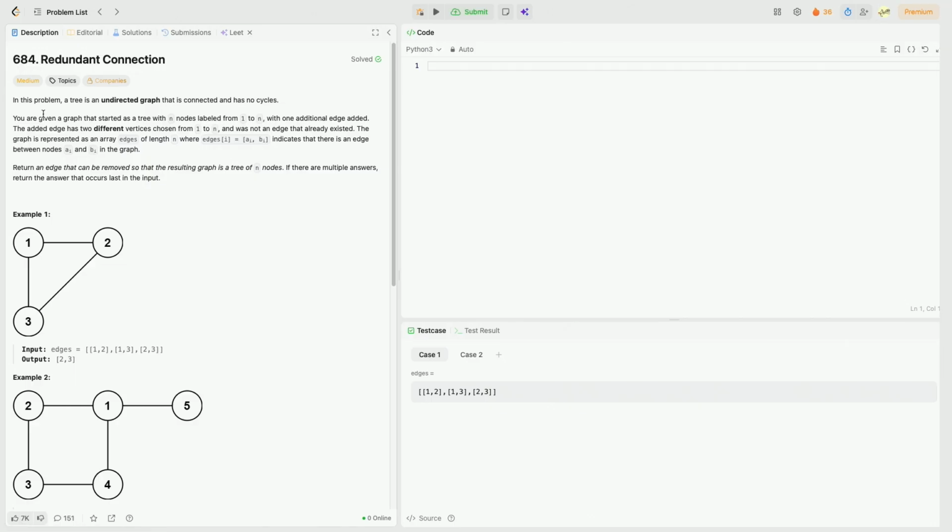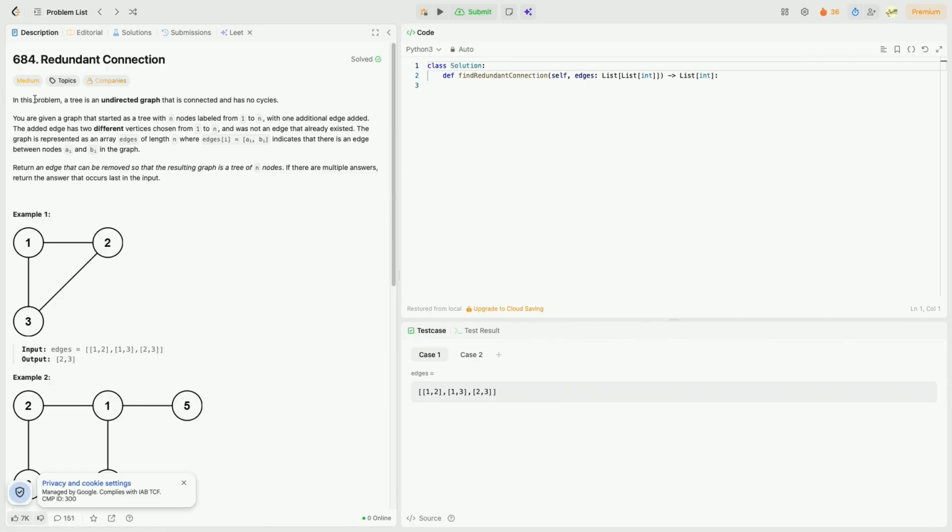Right, so redundant connection is another graph problem. Let's just read through it and then let's solve it. In this problem, a tree is an undirected graph that is connected and has no cycles. We are given a graph that started as a tree with n nodes labeled from 1 to n, with one additional edge added. The added edge has two different vertices chosen from 1 to n, and was not an edge that already existed. The graph is represented as an array of edges of the length n, where each edge has